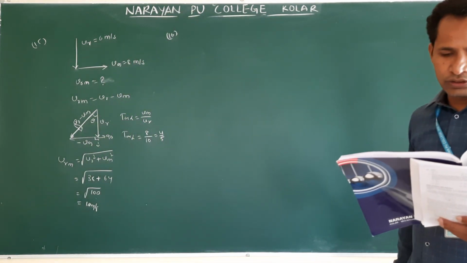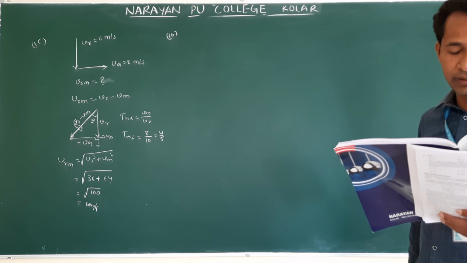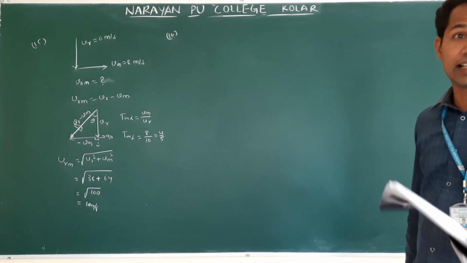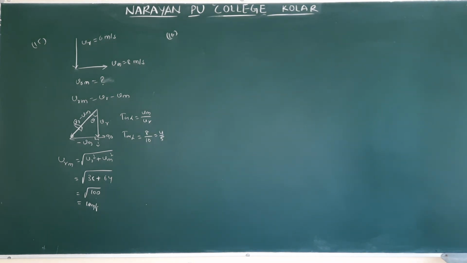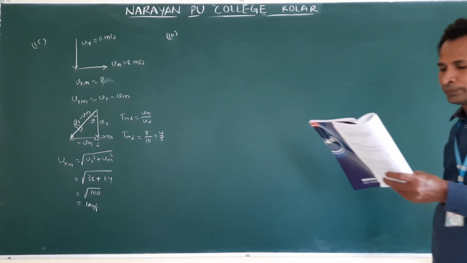16th problem is what? Very important example problem. This was asked in IIT online exam. Clear? Two particles 1 and 2 move with a constant velocity v1 and v2 along two mutually perpendicular straight lines towards the intersection point. At t is equal to 0, particles were located at distance d1 and d2 from the point. After how much time is the distance between the particles minimum, and what is the minimum distance?